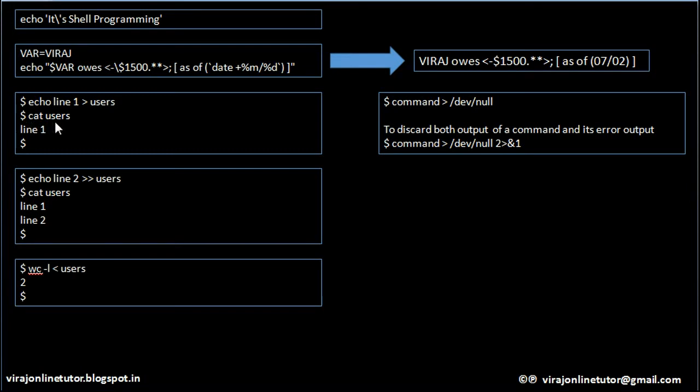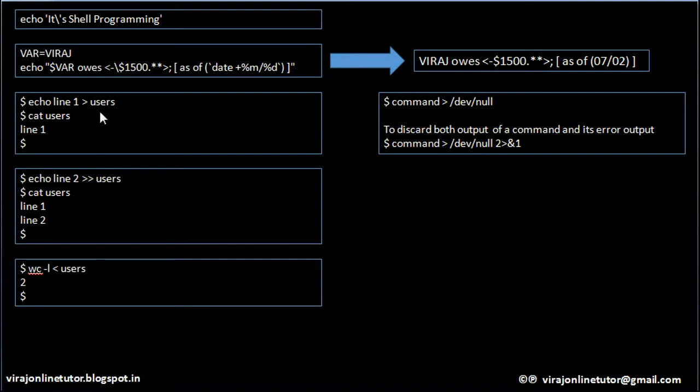So if I just cat this file, it will print the content of the file, which is line 1. So this symbol will every time overwrite the content of the users file with whatever I am giving as input. So every time I run this line, it will replace the content of the users file with line 1. So every time you do cat on users, it will always display line 1 to you.